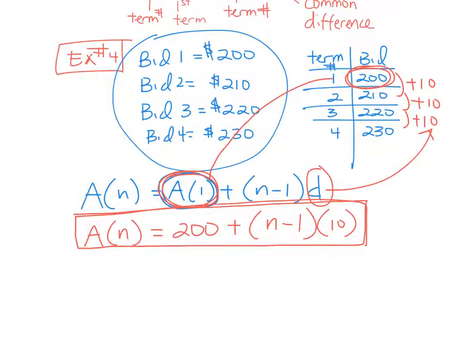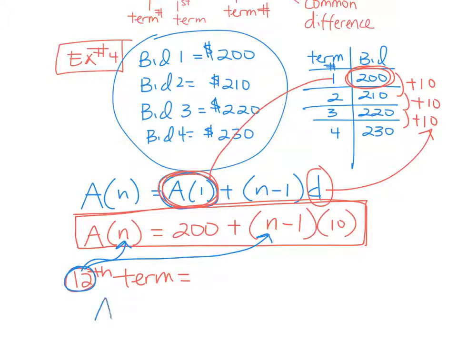Now the question said, what is the 12th term? So if I want to know the 12th term in this setup, what do I do with that? Put 12 where the first one is, and then you put it where the minus 1 is. Right, you're going to plug in a 12 in two places. You're going to take that 12 and you're going to put it in for your n's. Shoot. We're done. This was the end of it. But you would do A of 12